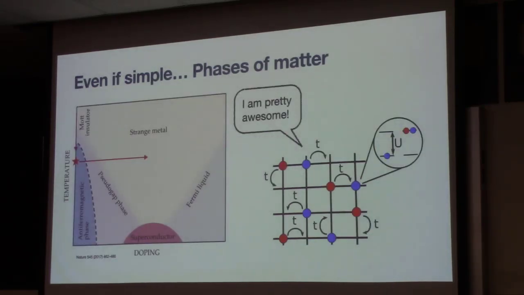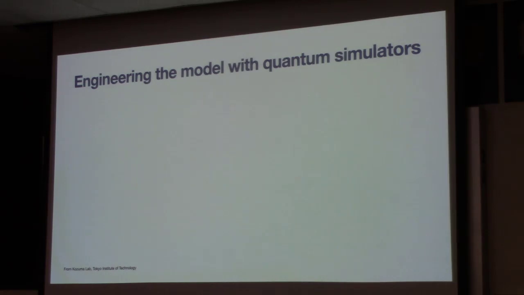So one could think, well, this is a very simplified model of what this solid is. However, it reproduces the physics of interesting materials such as the cuprates. So this simplified model exhibits an antiferromagnetic phase, strange metallicity, and there's some questions of if it captures the superconducting phase there. So what we would like to do is, well, we have this very nice model. Let's try to do it in an experiment.